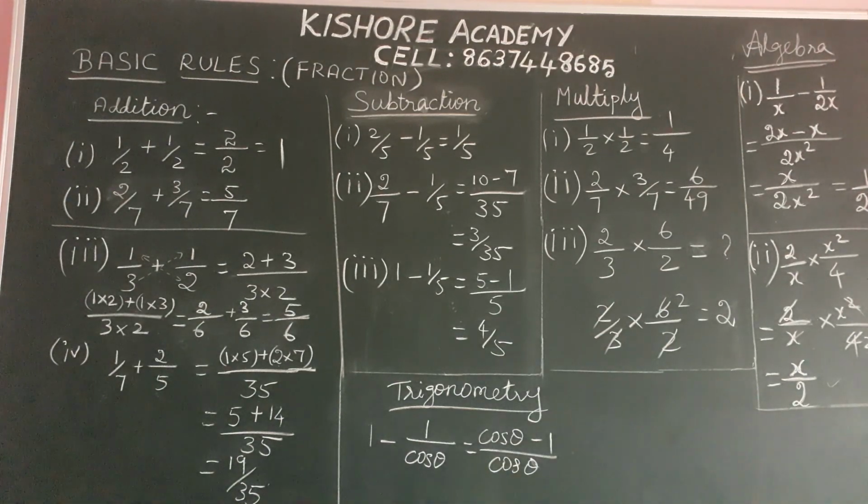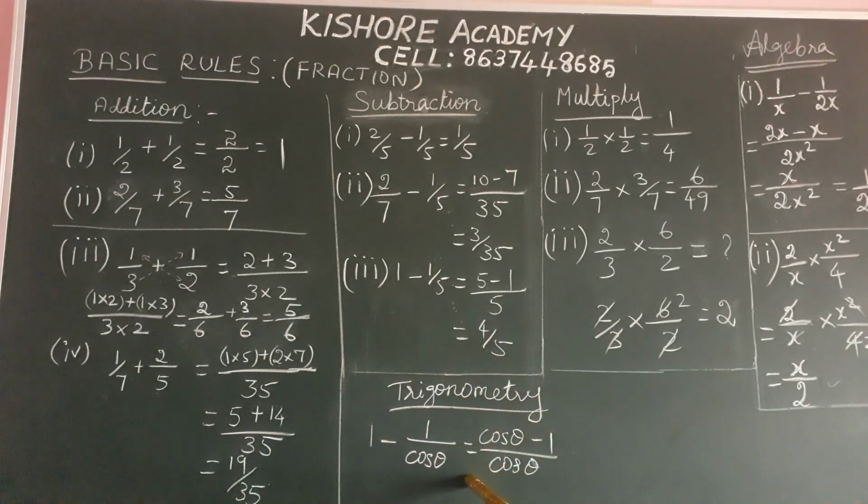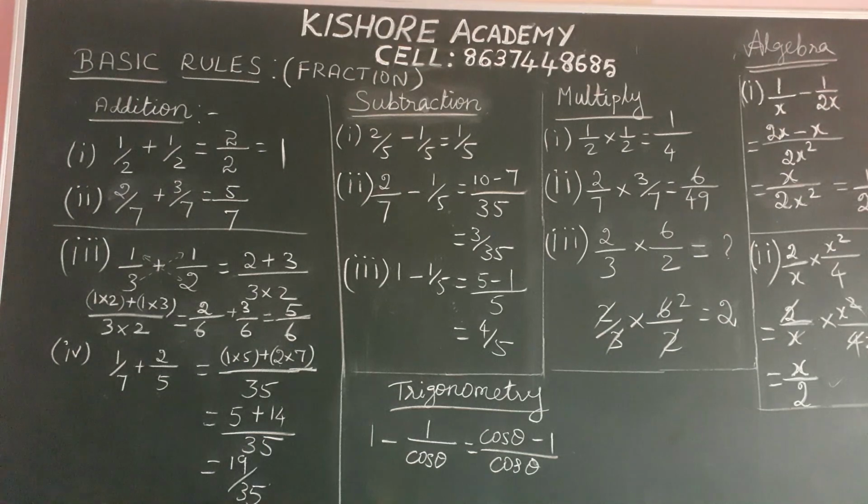So come to trigonometry, the same procedure is also followed in trigonometry. So compare this sum with this trigonometric sum. So here nothing is present in the denominator, so just imagine that it is 1. So now we multiply cos theta with 1, which gives cos theta. Now we cross multiply that 1 into cos theta, which gives cos theta, and 1 is multiplied with the imaginary 1. 1 into 1 is equal to 1. That's all. This is the answer.